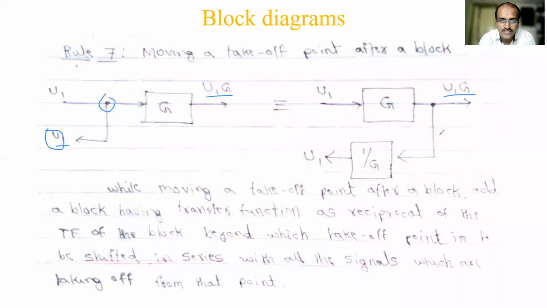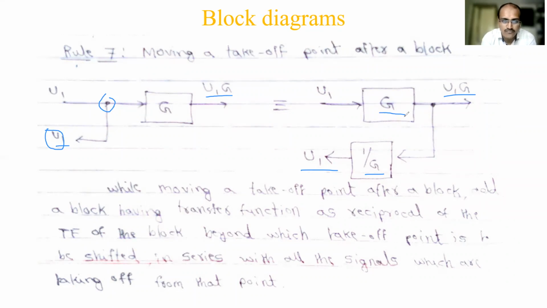To remove that G, what do I have to do? I have to add a reciprocal now. If I put 1 by G, this G and G will cancel out and the same U1 signal will go back. Okay. So when you are doing this alteration in block diagram reduction, you should do it carefully. For simplicity, we have taken just G in all the rules, but in normal problems, it may not be simply G. It may be G1, G2. It may be a combination of some complex transfer function. The same thing you need to consider in the reciprocal.